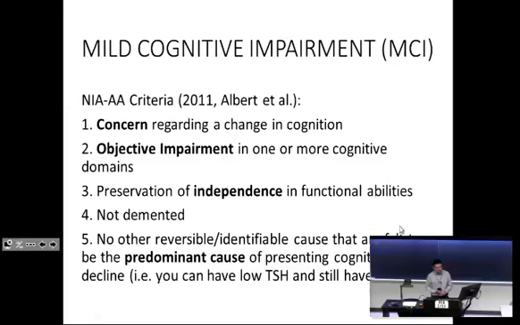So if, for instance, depression or TBI, or the fact that the person is only sleeping 3 hours because they're waking up 6 times to go to the bathroom from benign prostatic hypertrophy, just because those things are causing memory problems, if that's not the main reason that you think they're having memory problems, you cannot rule out the possibility that they may actually have Alzheimer's disease, right?